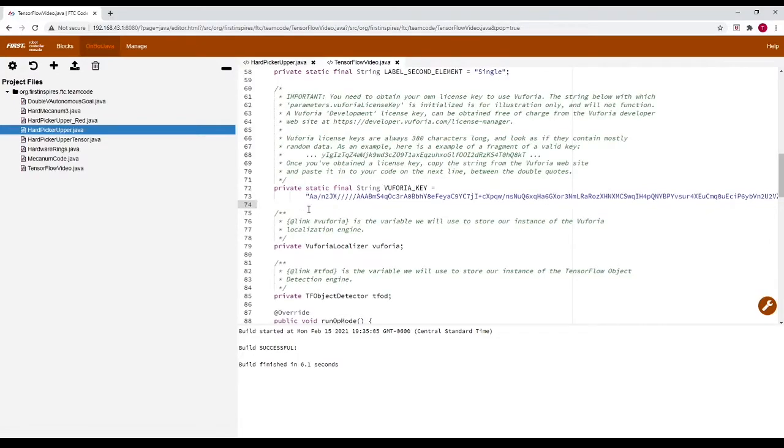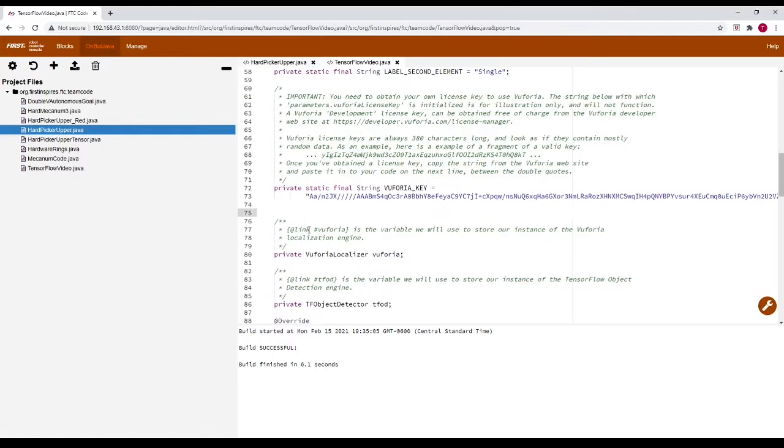Then, right under the Vuforia key, you are going to create three variables. The first is a private boolean that will be called stackCameraStop, with a lowercase s in stack, an uppercase C, and an uppercase S in stop, that will be equal to true. Make sure to put a semicolon after this line because otherwise the computer will think that it's just continuing on to the next line, and we want this part of the code to stop there so we can create a